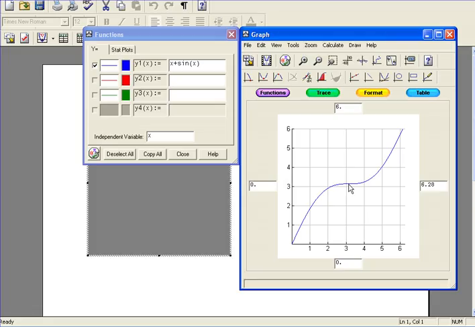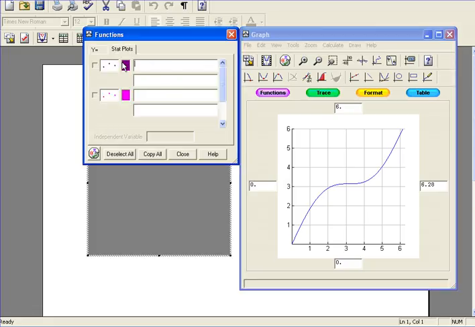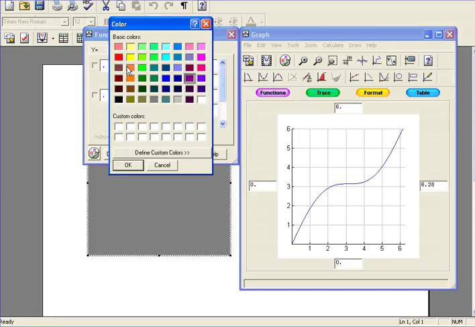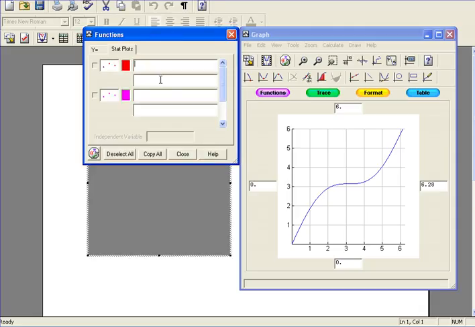Now we found that the answer was at pi, right? So let me graph that point. If I go up here to, let's put a point at pi, so